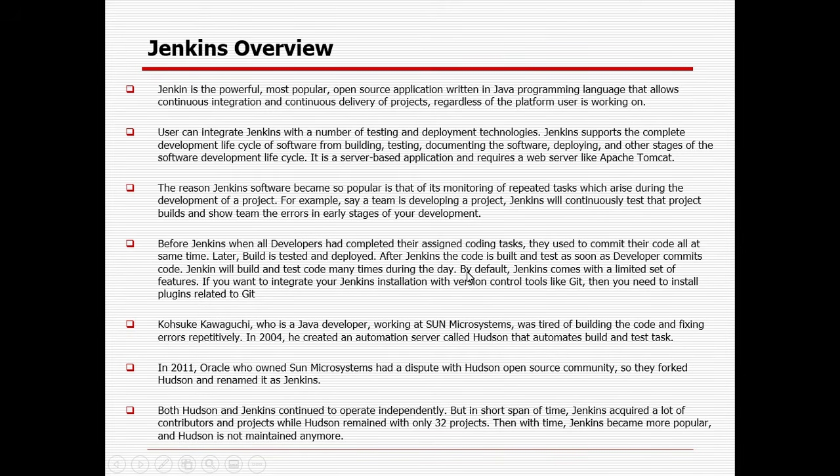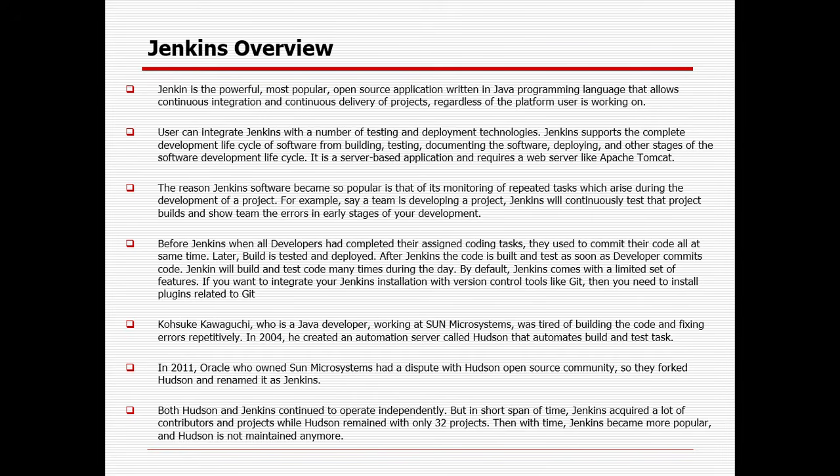So right now there is no dependency that only at the end of the day, or end of the week, or end of the month, every developer needs to commit their code. They can commit their code a number of times in a day as well. As and when they commit the code, it will immediately deploy and trigger a build. In case it is working successfully, it will go to the staging area or another area. In case it is not working, it will notify the developer to fix their code.